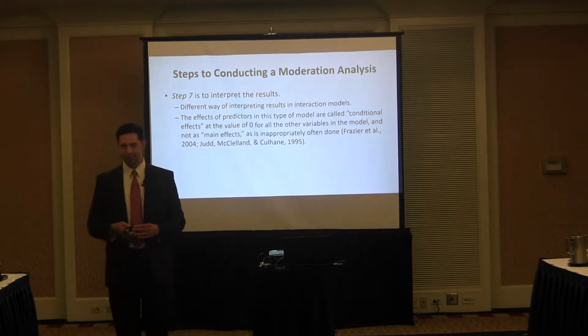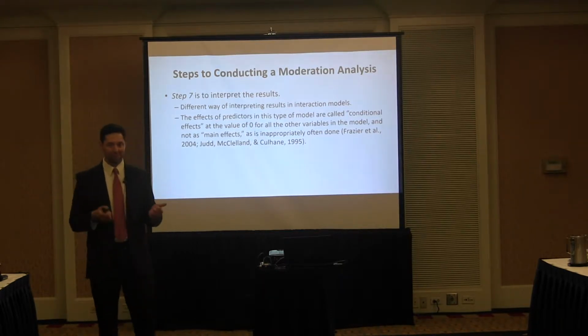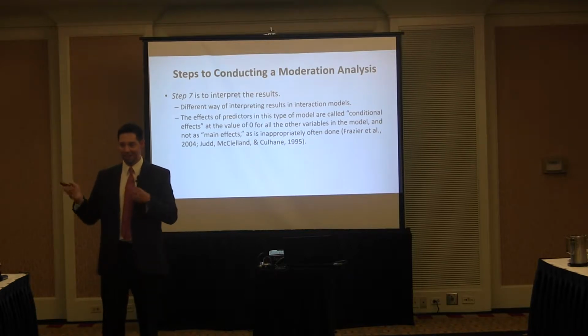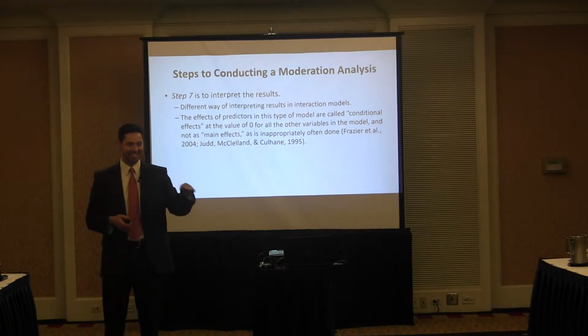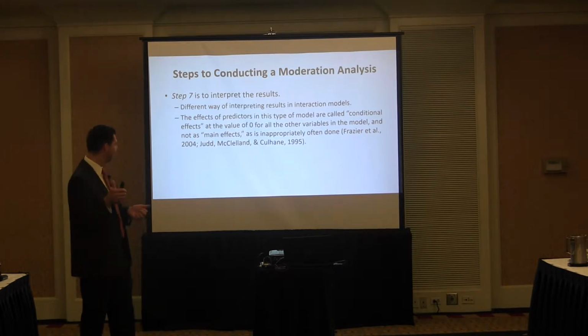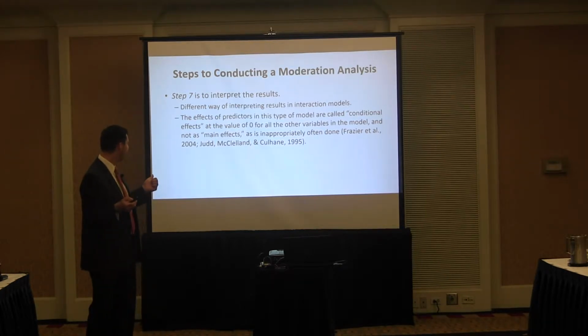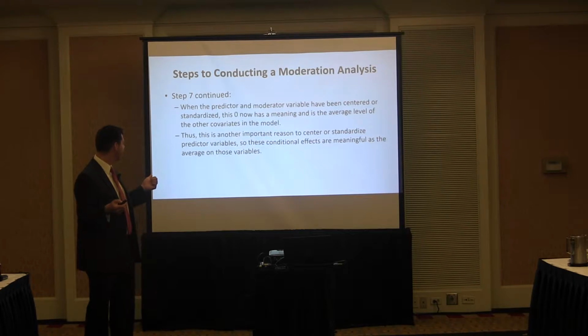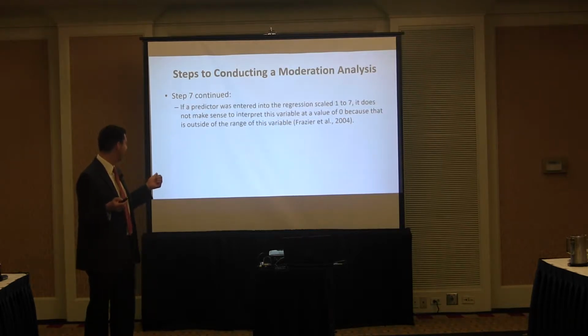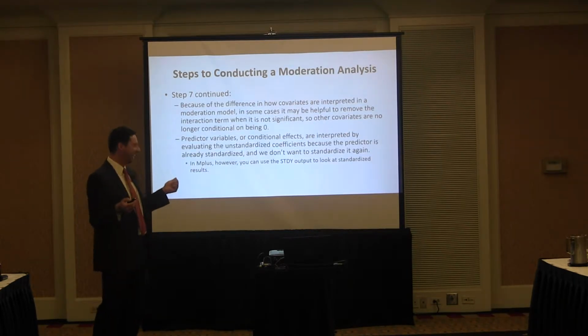And if all the other variables are at 0, let's say our predictor and moderators are all on scales of 1 to 5 and 1 to 7, then it really doesn't even mean anything. 0 is not even on their scale. So usually we handle that by mean centering or standardizing. But again, standardizing is a little bit better. I apparently have a few more slides on that, but I just said it all out loud. So I think that's good.